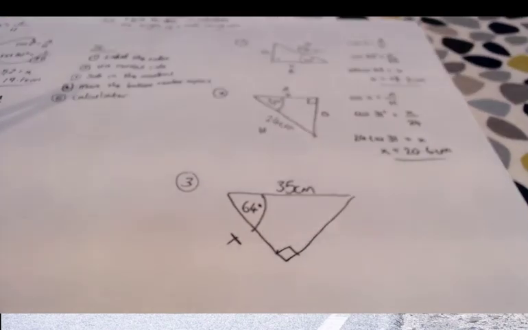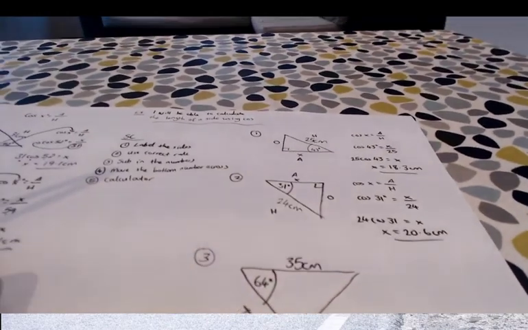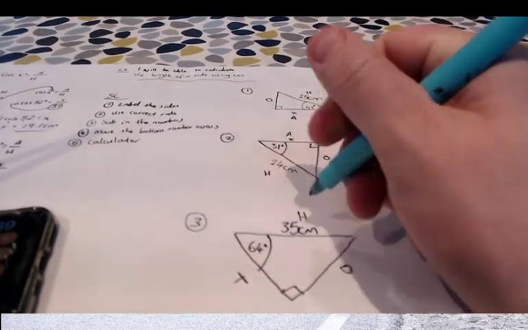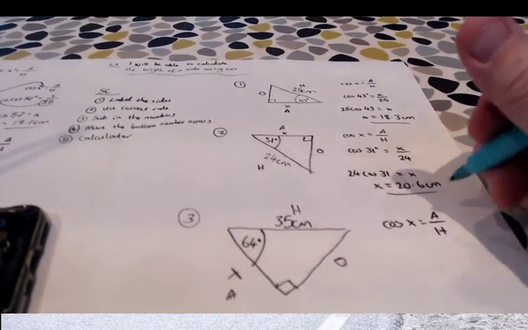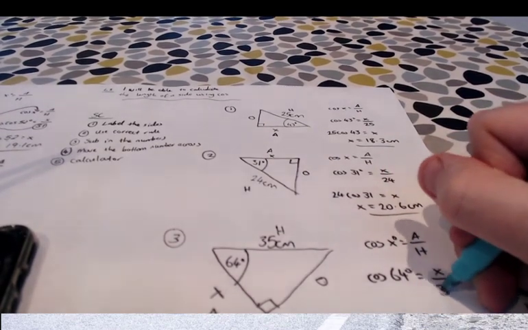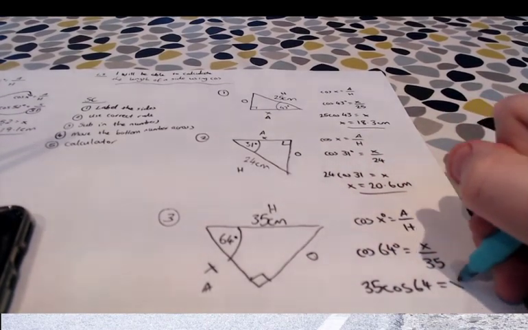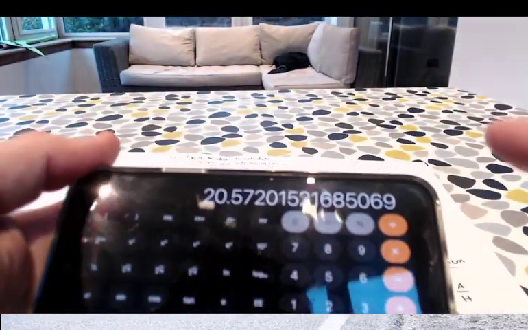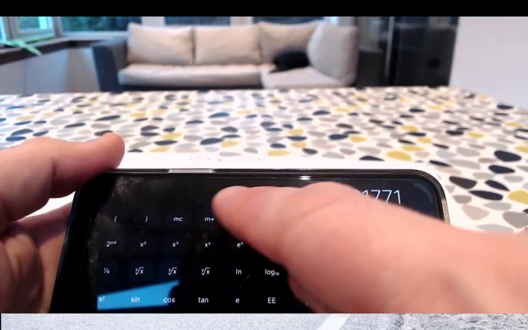Last one for you to try just now. Hit pause, give it a go. Okay, we're going to label the sides. So I'm standing at the 64, so there's the opposite. Hypotenuse is always opposite the right angle box, and that one's the adjacent. Write down the rule. Cos x is adjacent over hypotenuse. Fill in the information. Cos 64 degrees will equal x over 35. Move the 35 over to the other side. 35 cos 64 equals x. Go to the calculator. We're going to do that in reverse. 64 cos times 35 equals 15.3